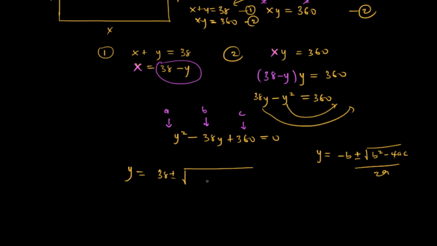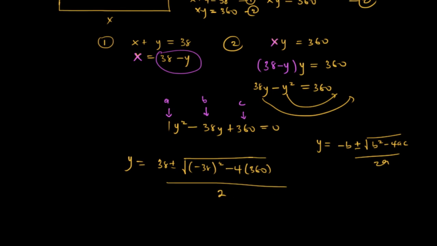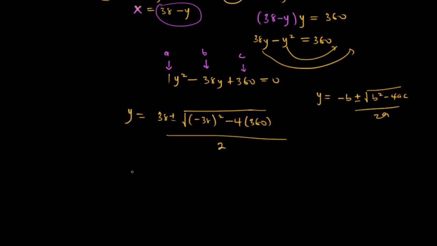the root of b squared. So b is negative 38, all squared, minus 4 times a. Our a is 1, so that is 4 times 1 times c, which is 360. That's what we have, divided by 2a, 2 times 1, that's 2. And then this is just going to give you 38 plus or minus the root of